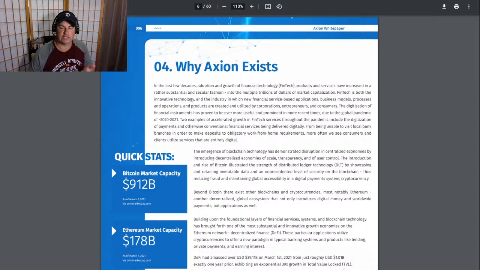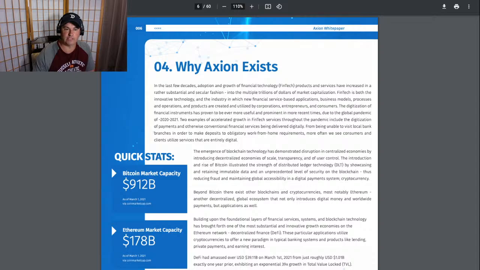Banks offer mutual funds, and Axion is kind of offering mutual funds which pay out multiple dividends and multiple income streams. They're invested in different things, so it's pretty neat. From being unable to visit local bank branches in order to make deposits to obligatory work from home requirements,